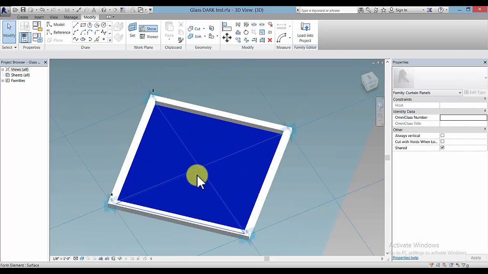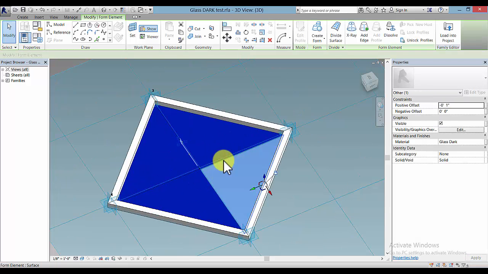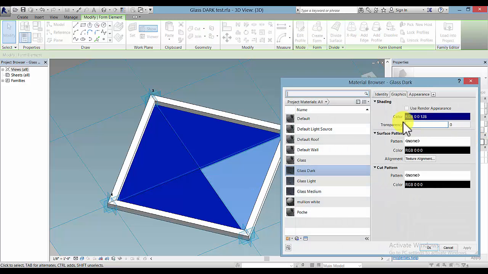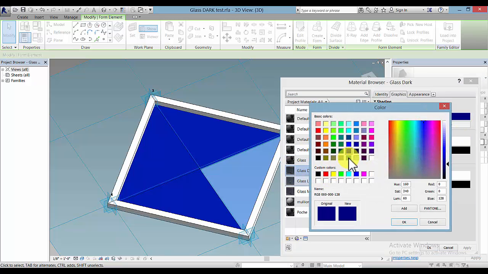I'll go back to this one, and you can select this panel and change the material here under Glass Dark to something different. Maybe you like to use a different color for that, a different appearance,